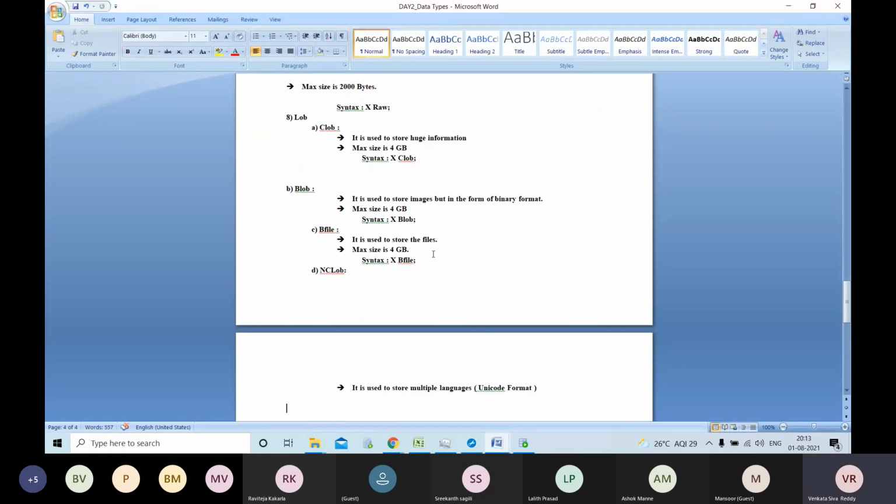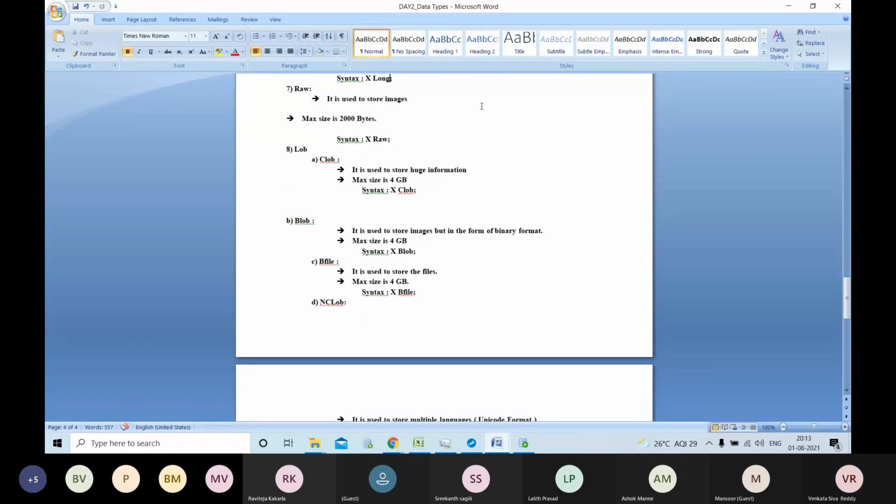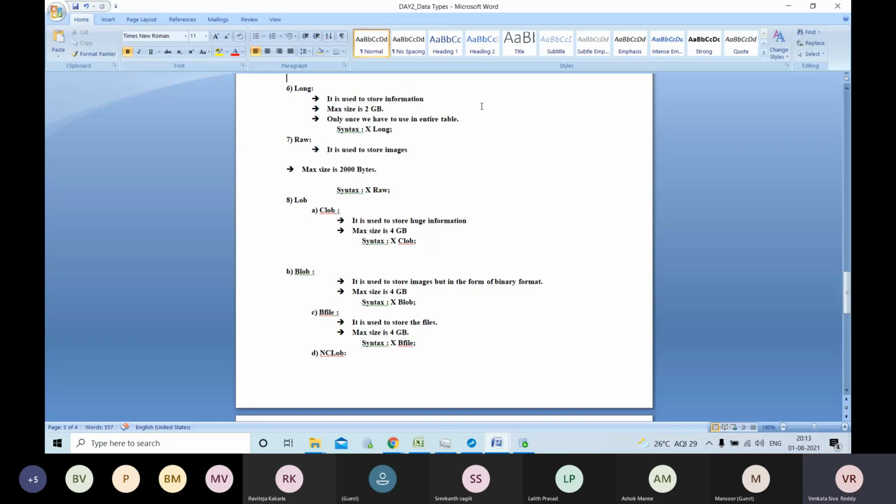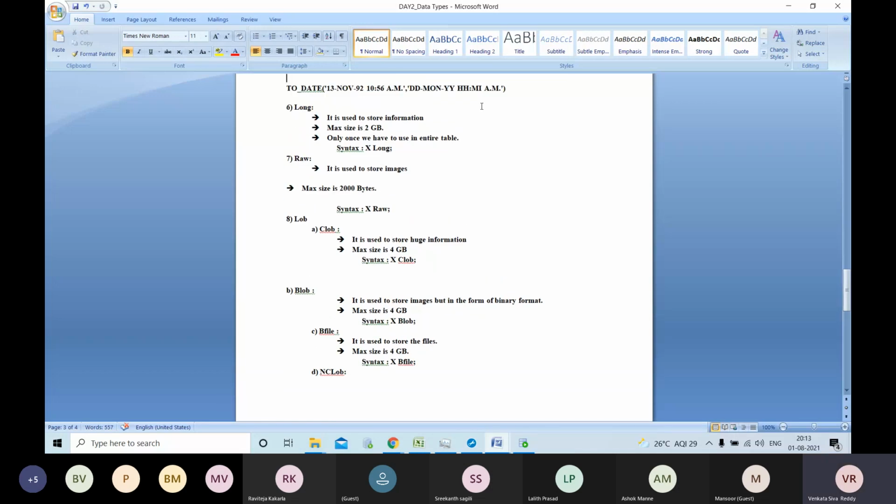BLOB data type, long data types. We have a comments column in, suppose, any police case, some murder case. The system operator inside the police maintains all the information in the comments column.